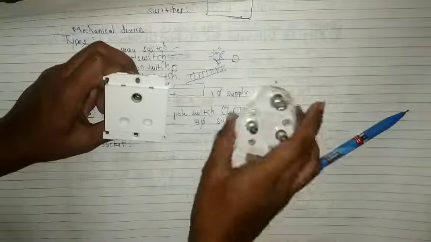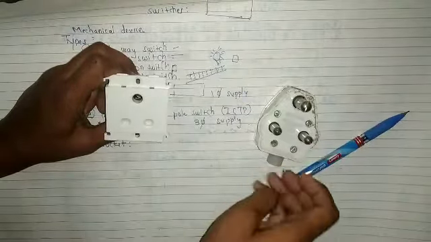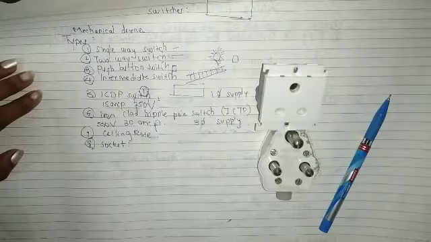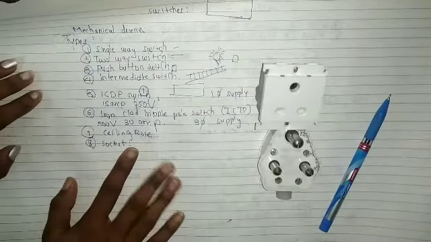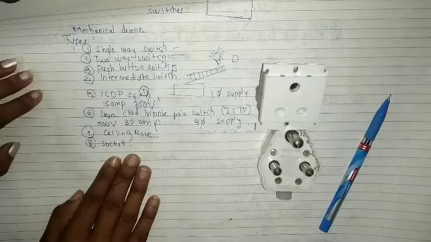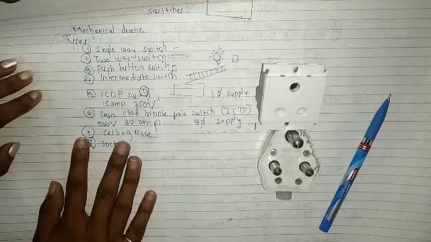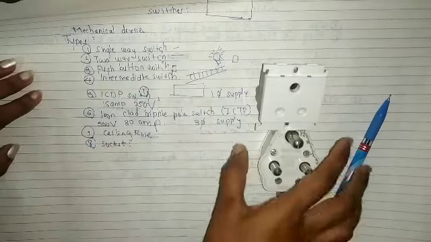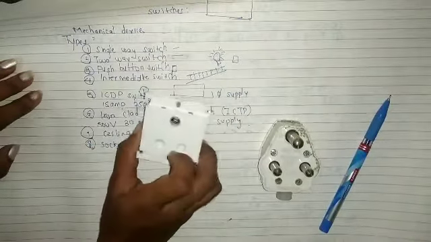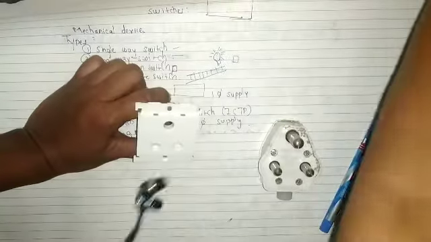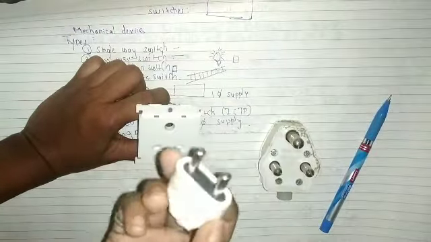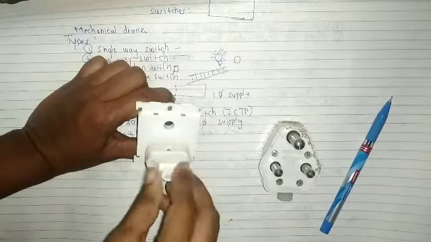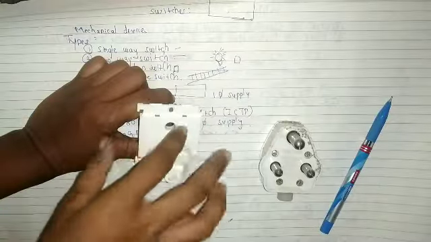And this is the 3 pin. This is the socket and this is the 3 pin. Sockets are required to enable portable apparatus to connect to the final sub-circuit. So this is 2 pin and this is 3 pin. We just plug it in so that our circuit gets completed, right?